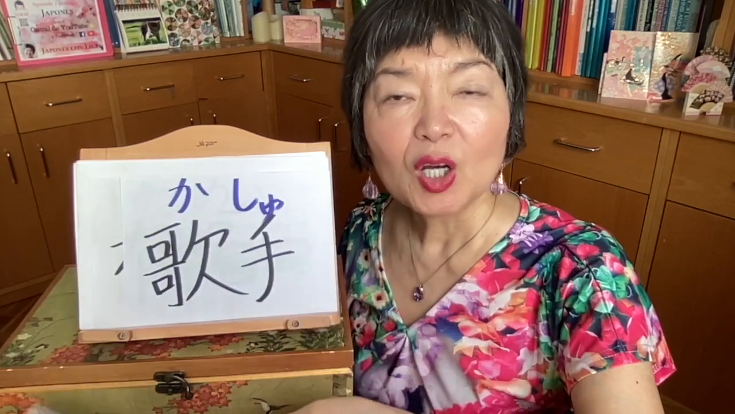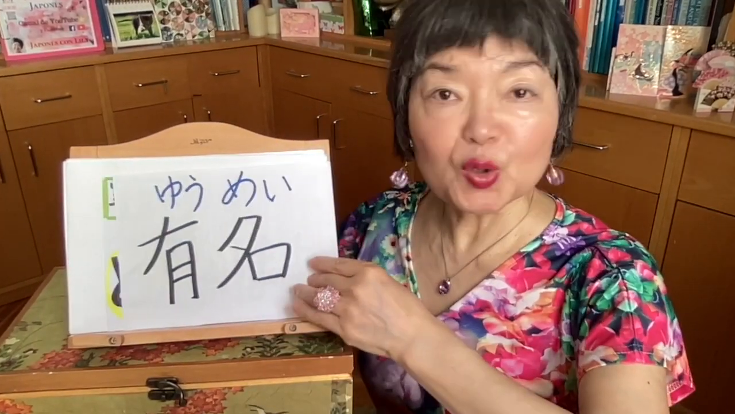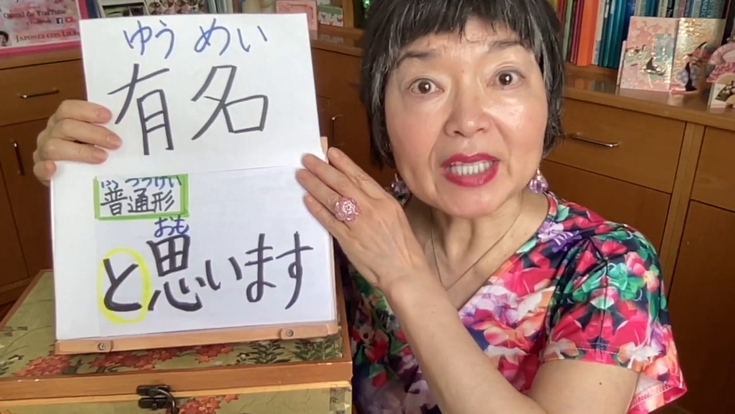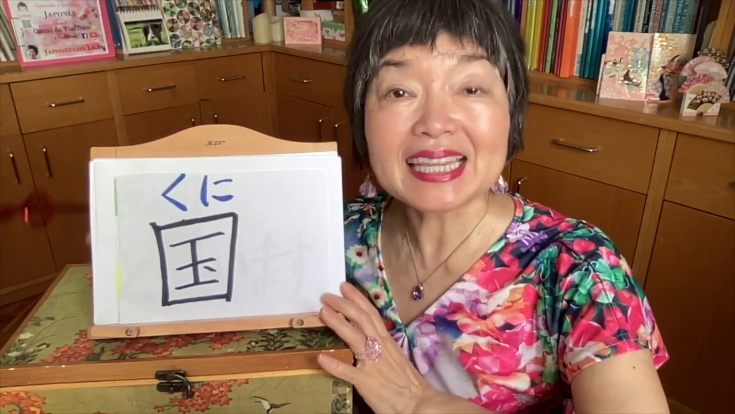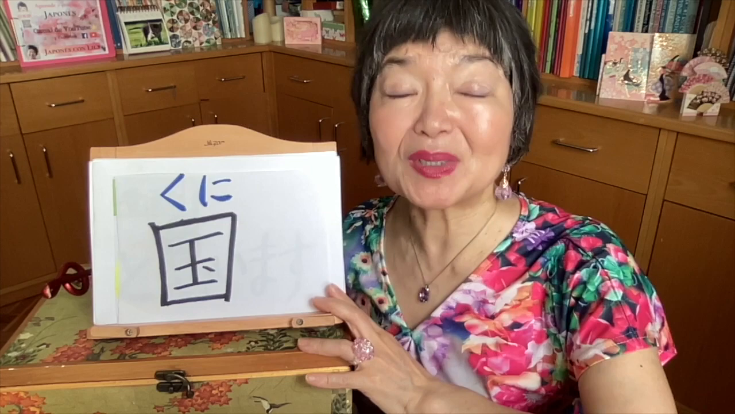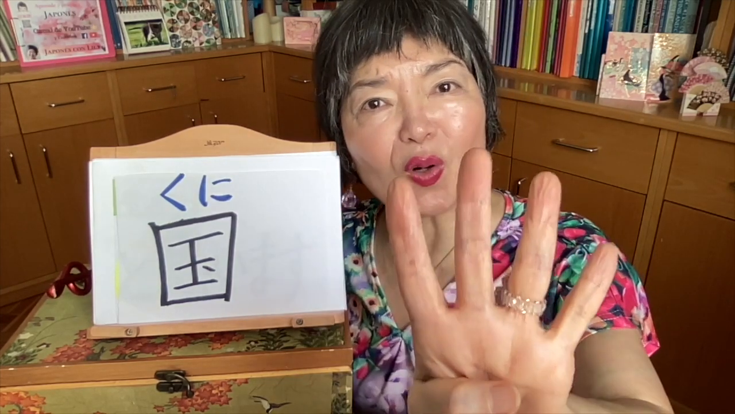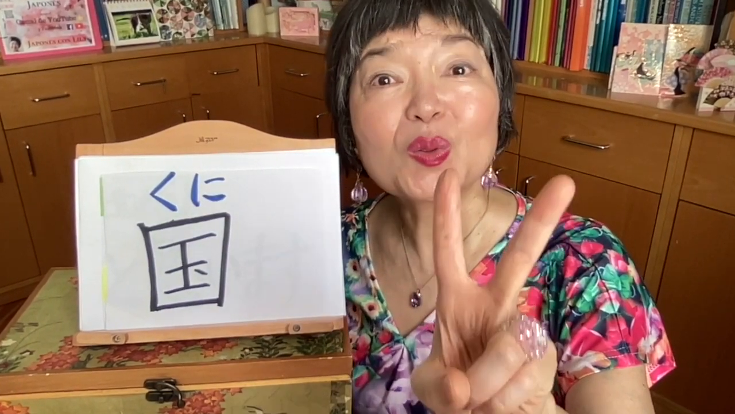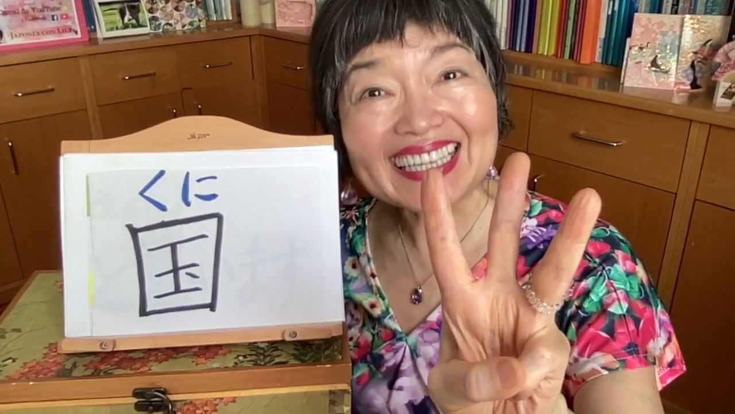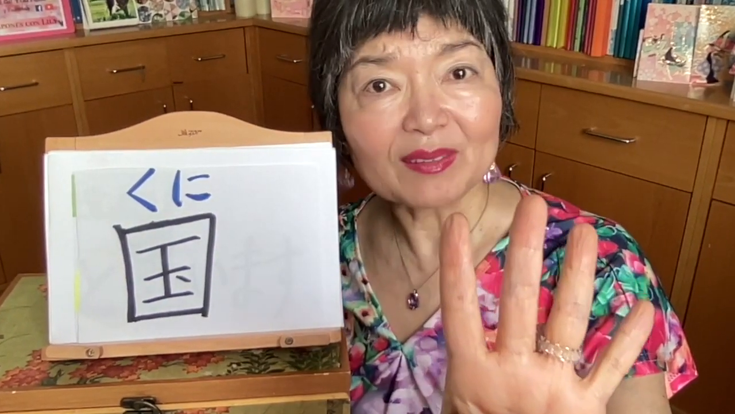5年前この歌手は有名じゃなかったと思います。有名ではなかったと思います。Now the last 4 examples, and this time with noun. 国, it means the country. This is a noun. We must conjugate even the noun for the 普通形. So let's remember these 4 types. 国だ、国じゃない、国ではない、国だった、国じゃなかった、国ではなかった。